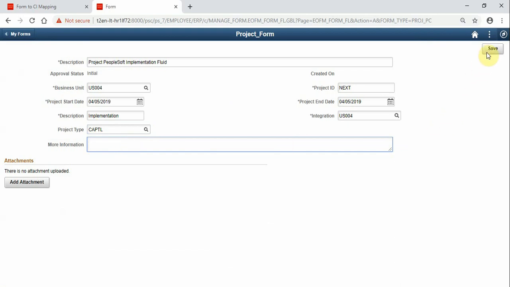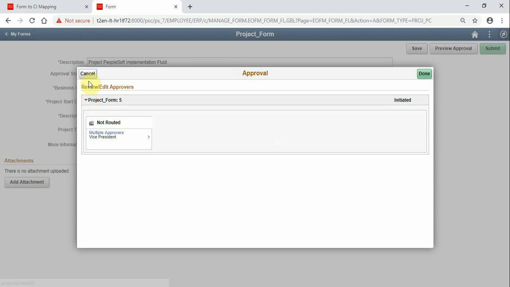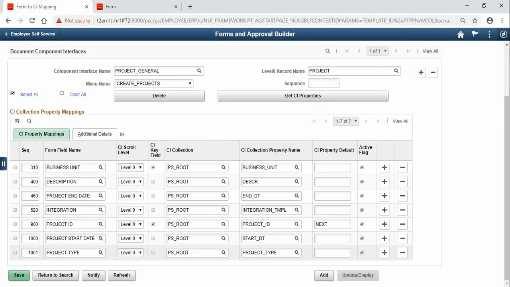We can hit save, and we can also add attachments if we want to, and then the manager or the person approving the form can view the attachments as well. So I can also preview the approval. As you can see here, it will be routed to multiple approvers. And just to show you here, if I go,